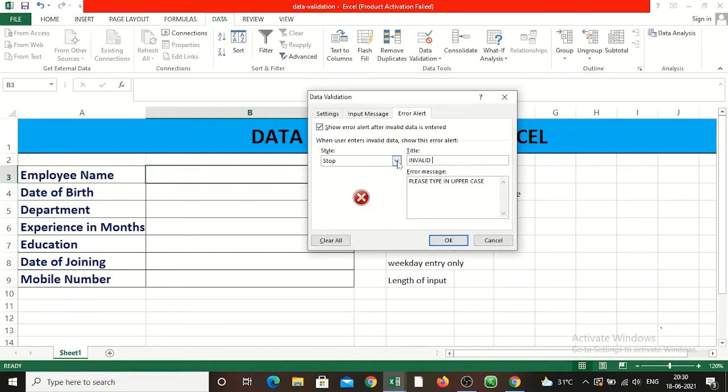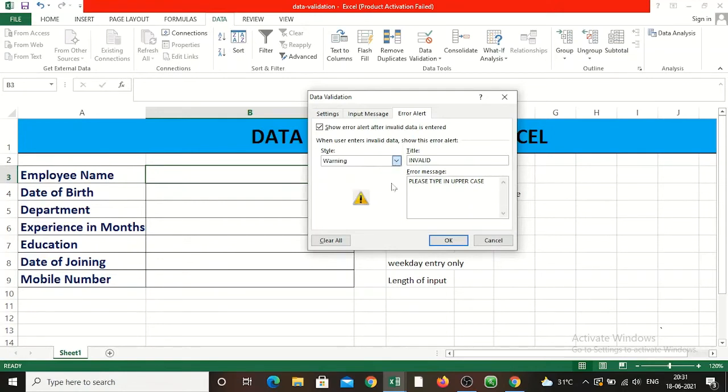Here also we can see three different styles, that is stop, warning, and information. If you select the stop, then it does not allow the user to type invalid data. Only when the valid data is typed, then the cell will be accepted, otherwise it will not allow the user to go further. If you select the warning message, then it allows the user to retry the data.